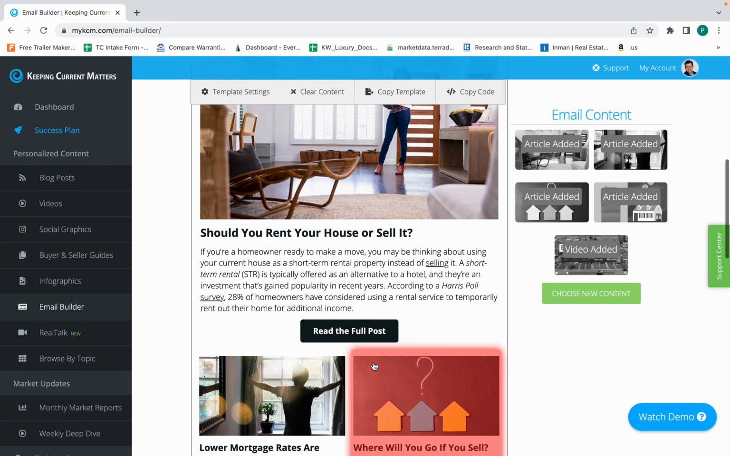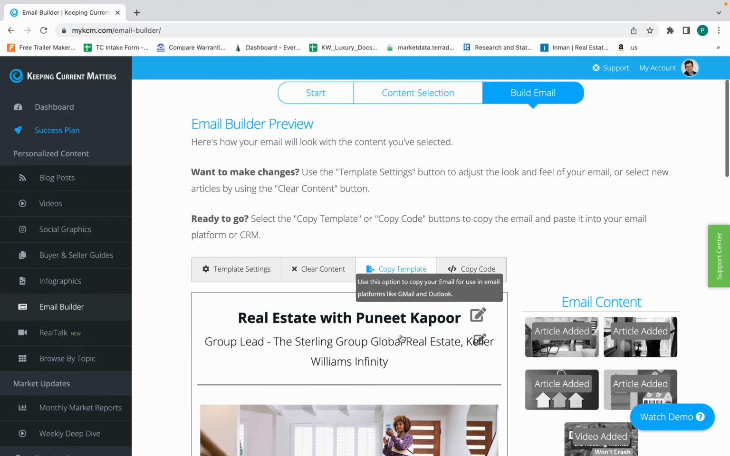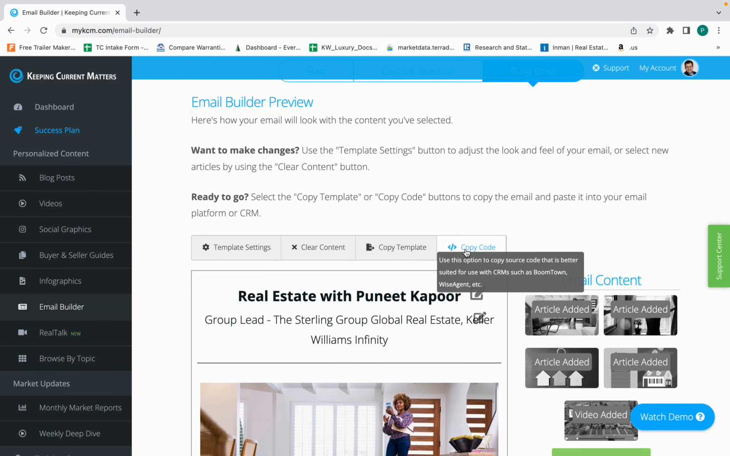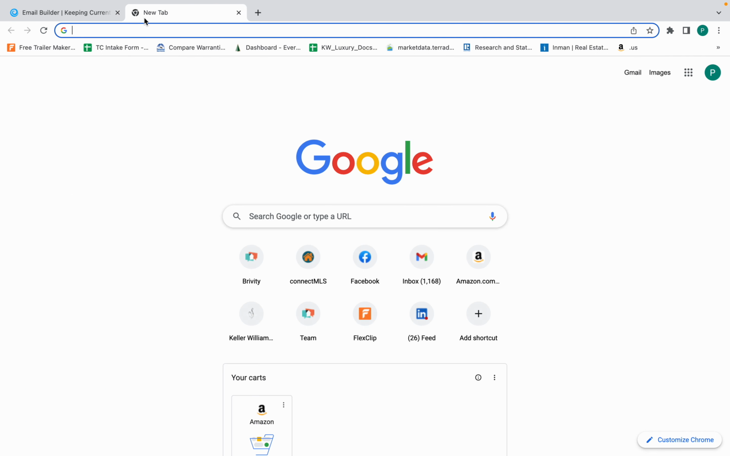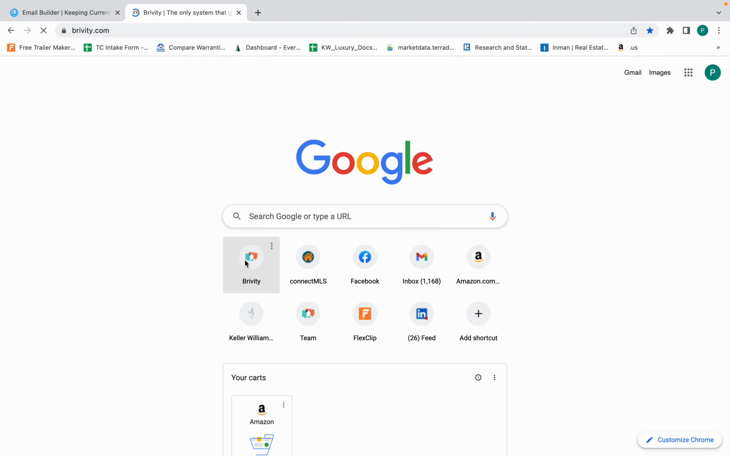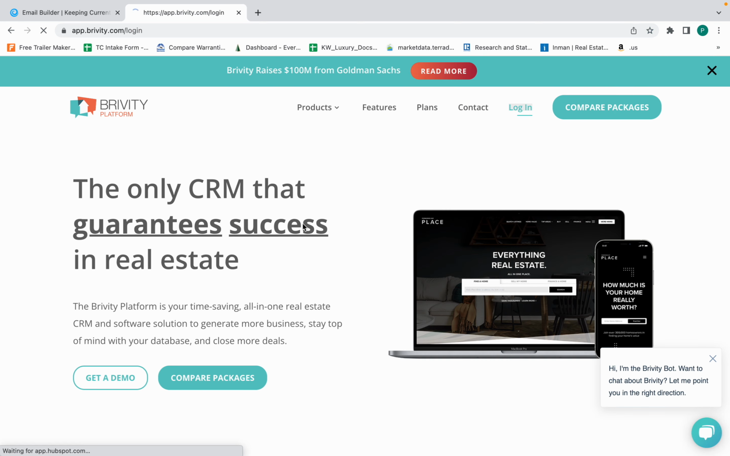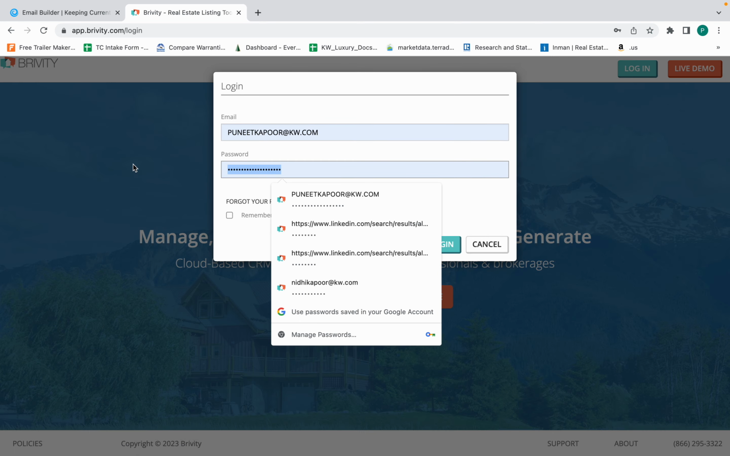And then once it's all set up, what you really do is simply click here, copy code. You see all this stuff? It already is copied to a clipboard, okay? So that's it. You just click on copy. Now you're done with KCM right now. And then you go to Brivity, log in,